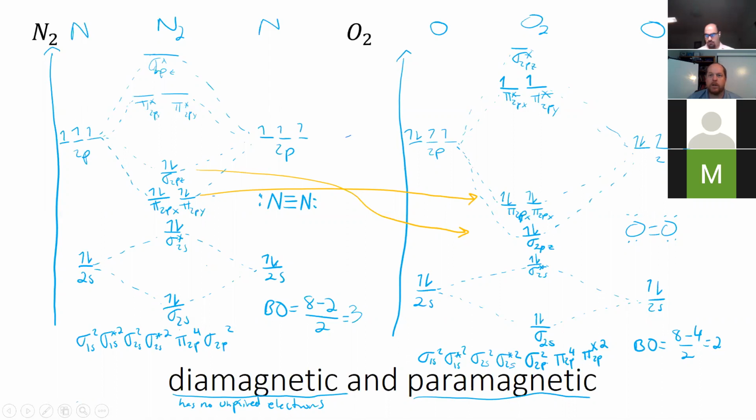So thanks, Jessica, for pointing that one out. Okay. So what we have here is, if you have a diamagnetic substance, it could be an element or a molecule. If there are no unpaired electrons, it means it's diamagnetic. And if it has any unpaired electrons, I should say,